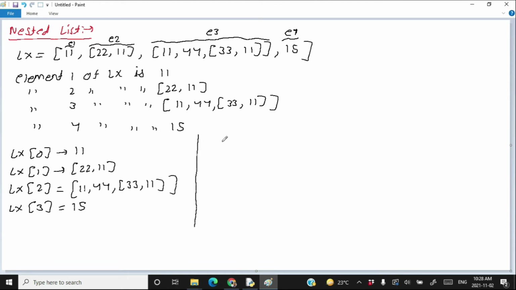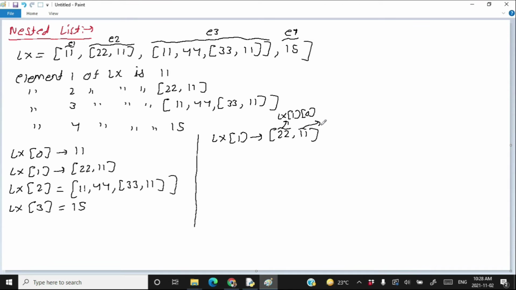Now let's go inside the LX1. The LX1 itself is a list. If LX1 itself is a list, then we can access various elements of LX1 by indexing them. So you can say that this 22 is LX1 0, means the element 22 is at the 0th index of LX1.